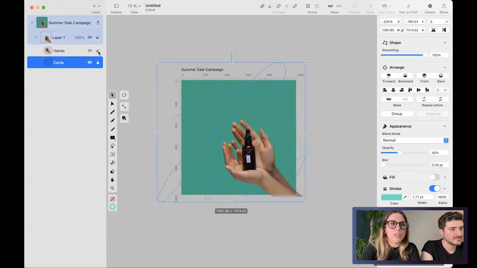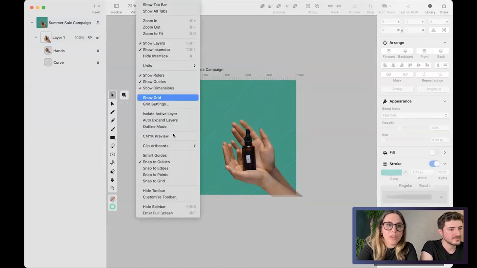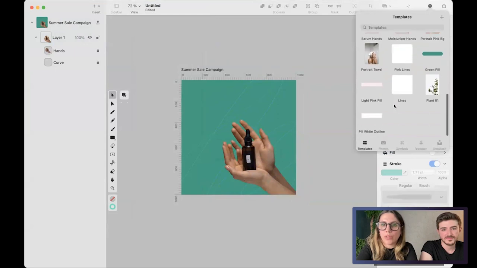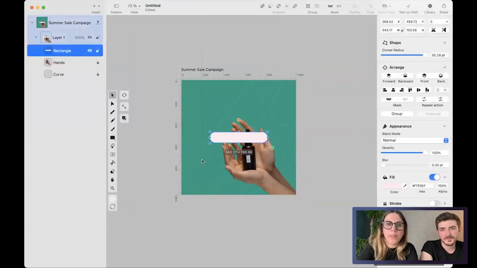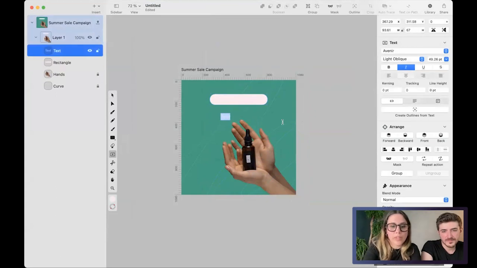I'm gonna lock this because I actually like the size and the placement, so it doesn't bother me in the future, but I can tweak it afterwards if I need to. Also, now that I'm here, I'm gonna clip it so I see exactly what's in my artboard. Next, let's use the pink peel. Here, I'm gonna say only this week. This text needs to be